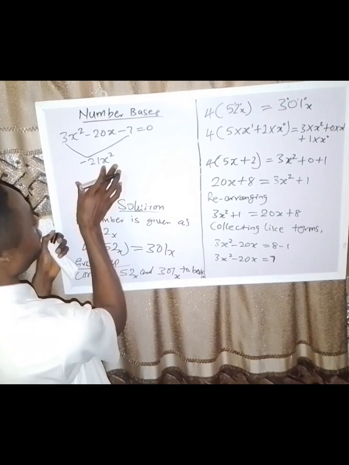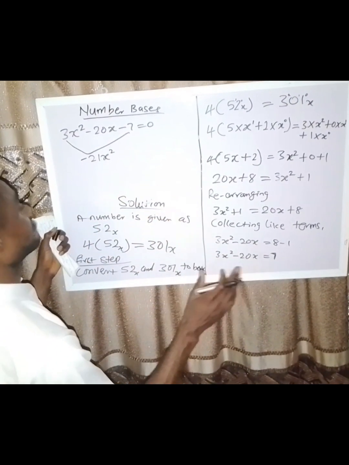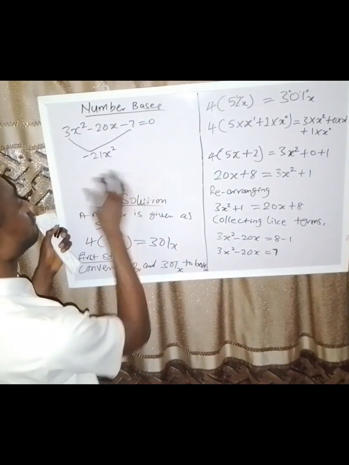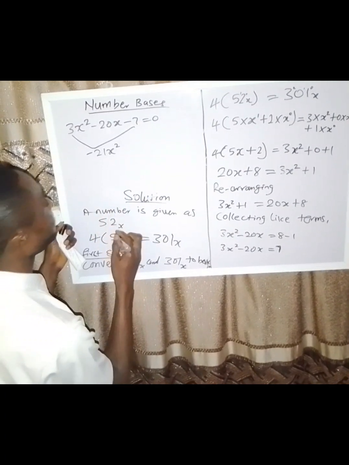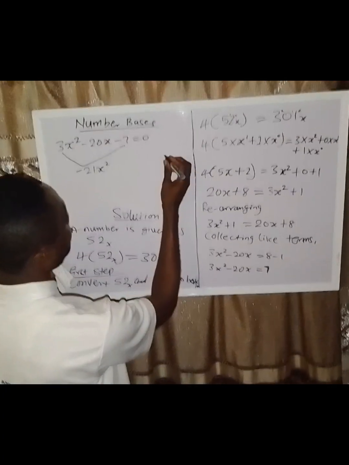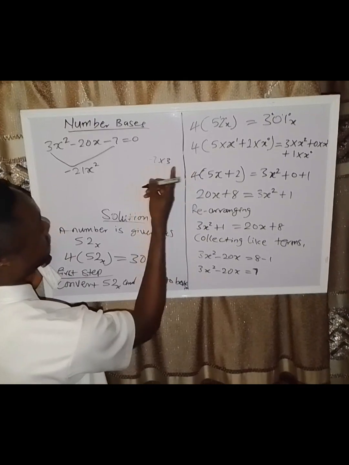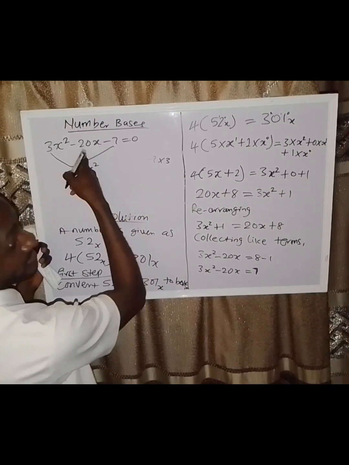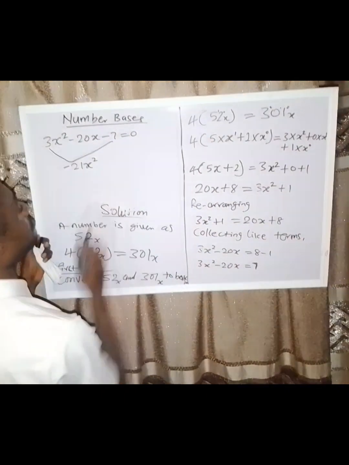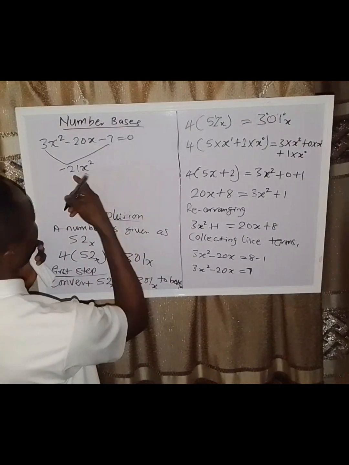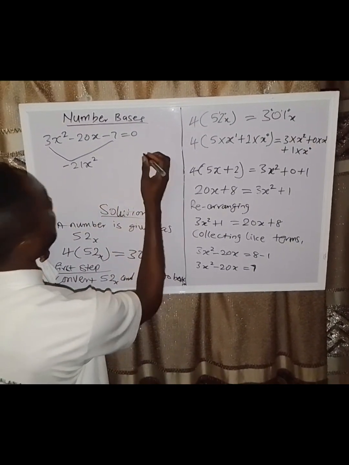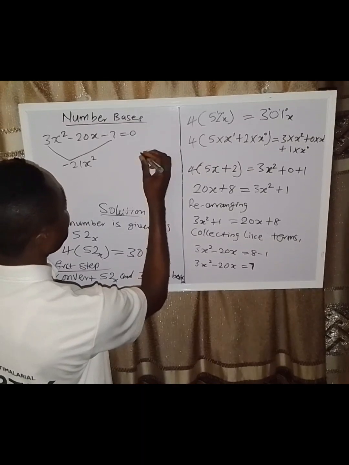Now if you look at the factors of 21, they are 3 and 7. So if you multiply 3 times 7, you have 21. Now you may decide to have minus 7 times 3, which will give you minus 21. But if you add them together, there's no way you can get 20, which means the two factors cannot work. So what you do is that 21 is a factor of itself. So we can decide to use minus 21